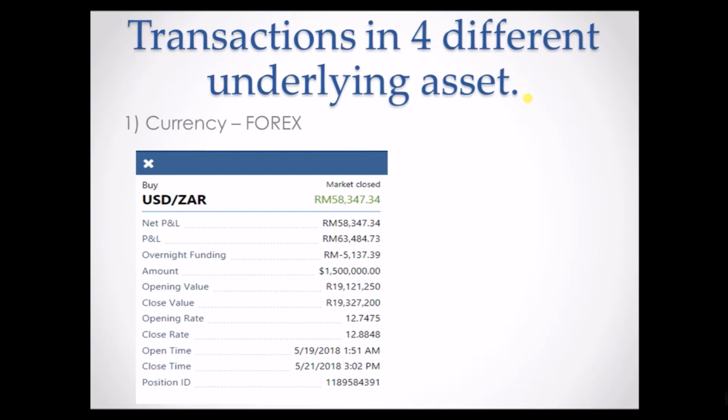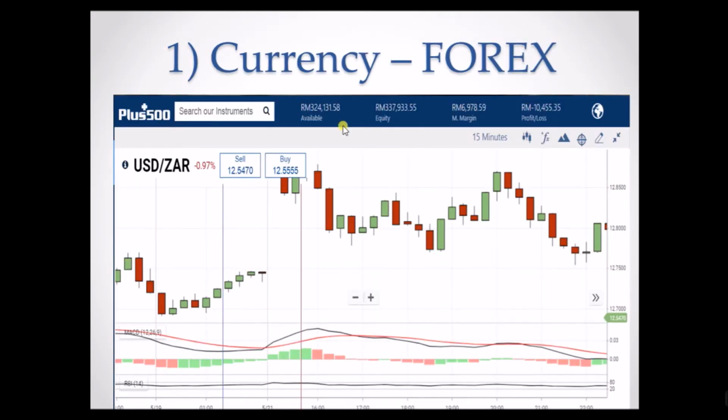Let's move on to the transactions that I've done on the Plus500 platform. The first is currency. I have bought the currency pair USD/ZAR, and this is a summary of the trade. From the MACD chart, we can see that the buy signal is when the MACD line crosses the signal line. This is the buy signal, and the sell signal is at the